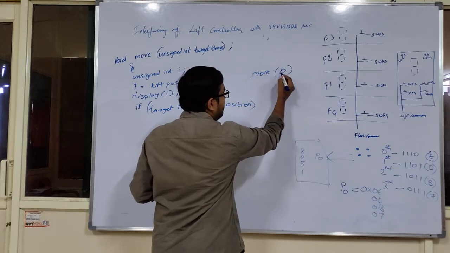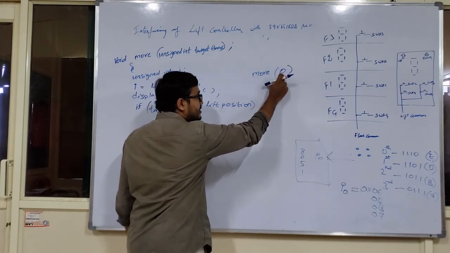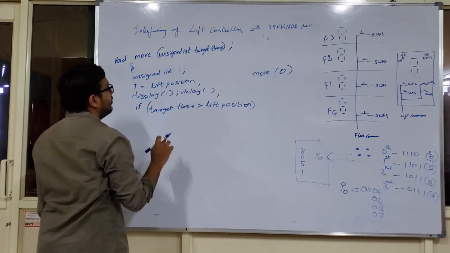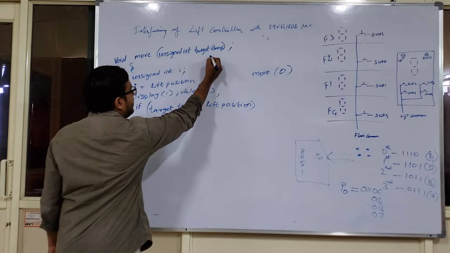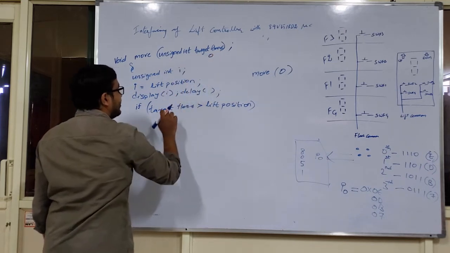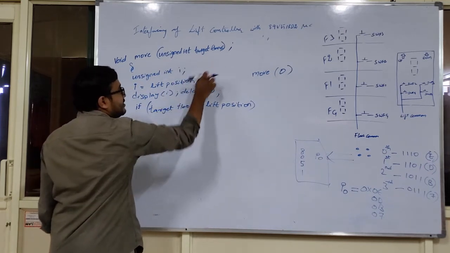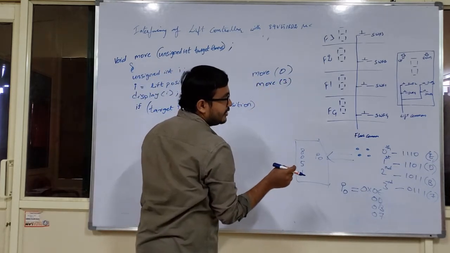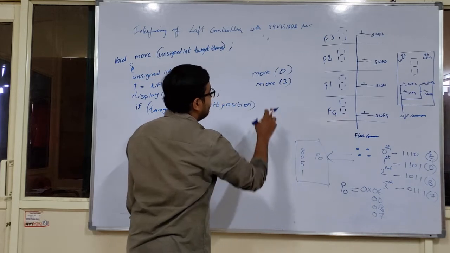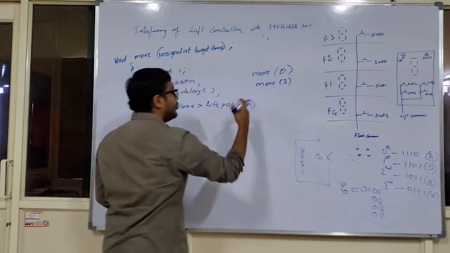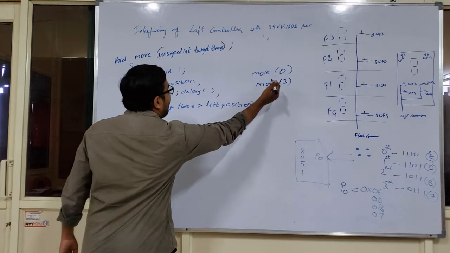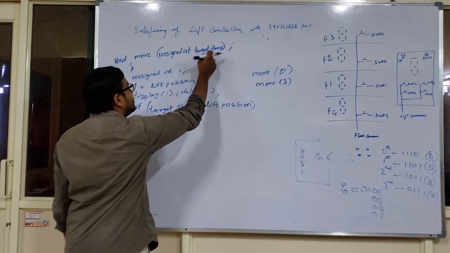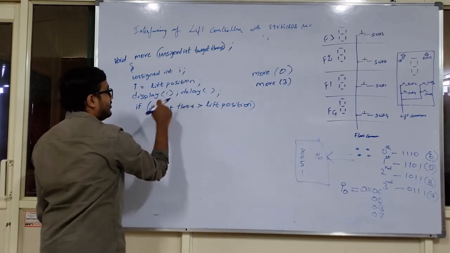Move of 0 means the value present in this argument is passed to the format parameter, that is target floor here. So I have a value called 0 here, and this value is extracted to here, right? Similarly, if move of 3 is present like this, move of 3 means if the target floor is 0x07, move of 3 is the one I am going to execute, and the value of this argument is passed to the parameter called target floor, and this value is again extracted into here.